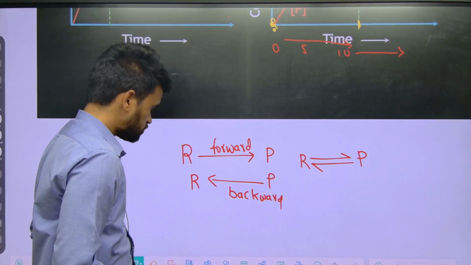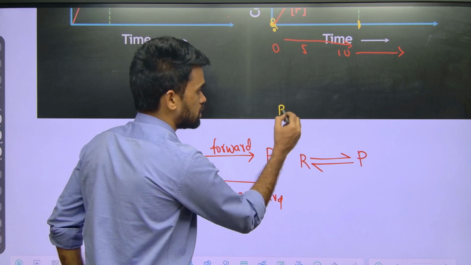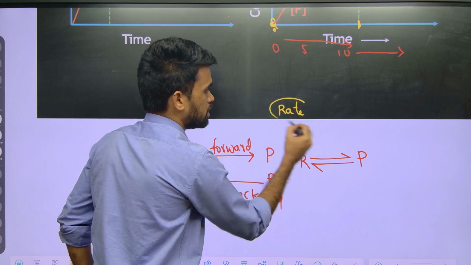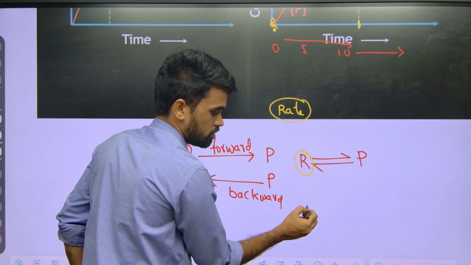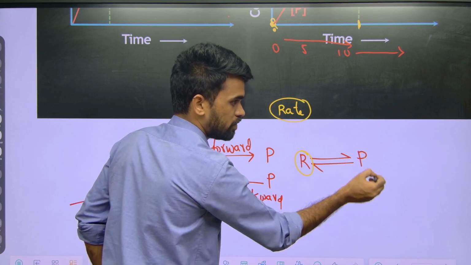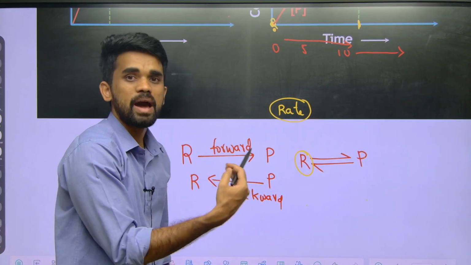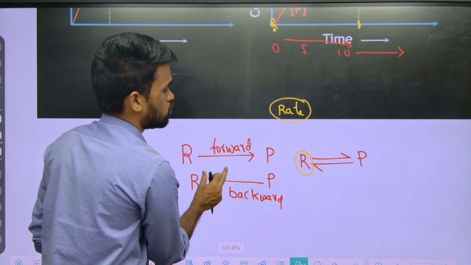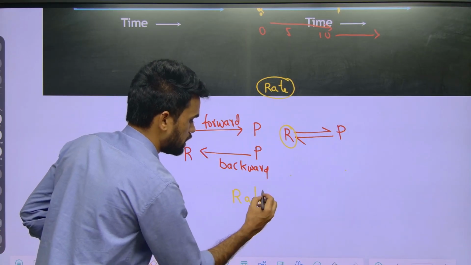అయితే, I'm using a new word here, rate. So what do we mean by rate? The change in concentration of reactants with time. Okay, similarly the change in concentration of products with time, those are called rates of forward and backward reactions. Okay, so what do we mean by rate? Rate ante enti? So rate means